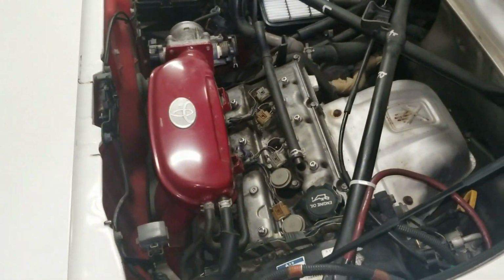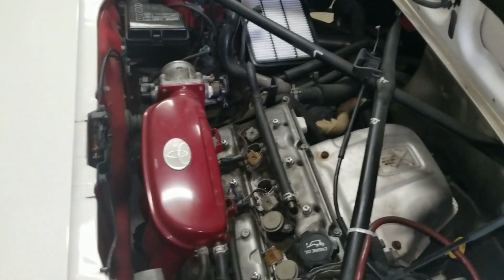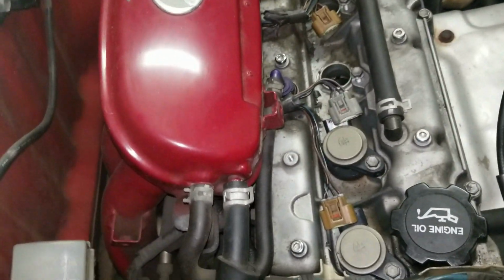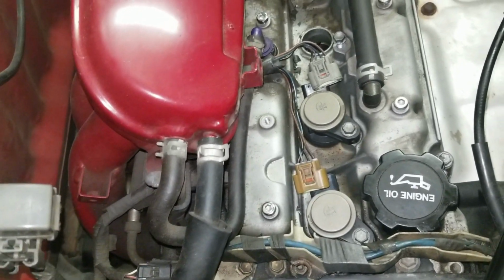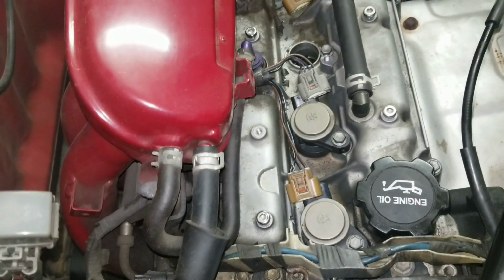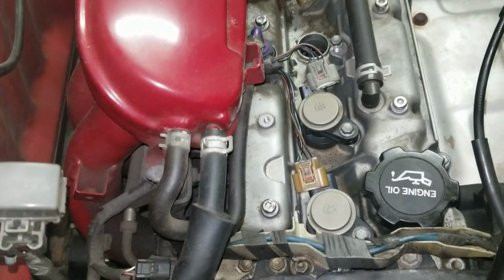What is up, guys? I decided to take the plunge and do my valve cover gasket on this thing. I looked and couldn't find any reference on how to do this other than a couple of part sites. So granted, that comes, I guess, with the rarity of the vehicle, but it makes it a pain in the ass for us guys who work on the cars ourselves. So anyway,